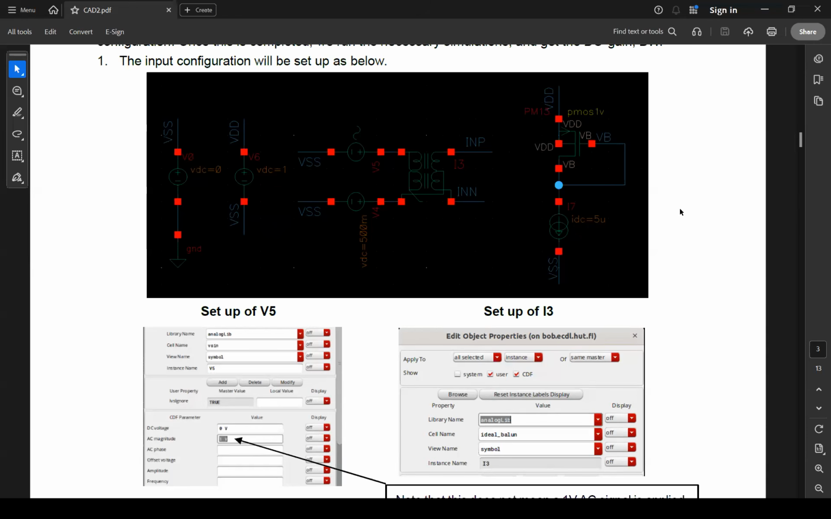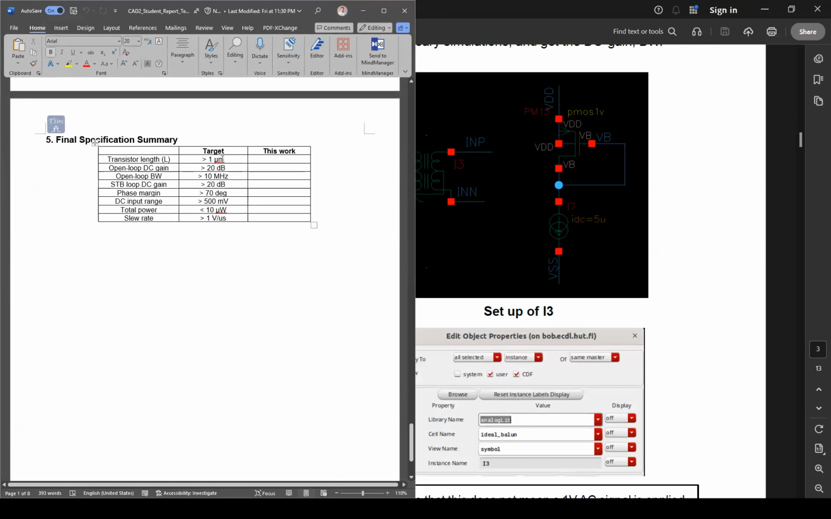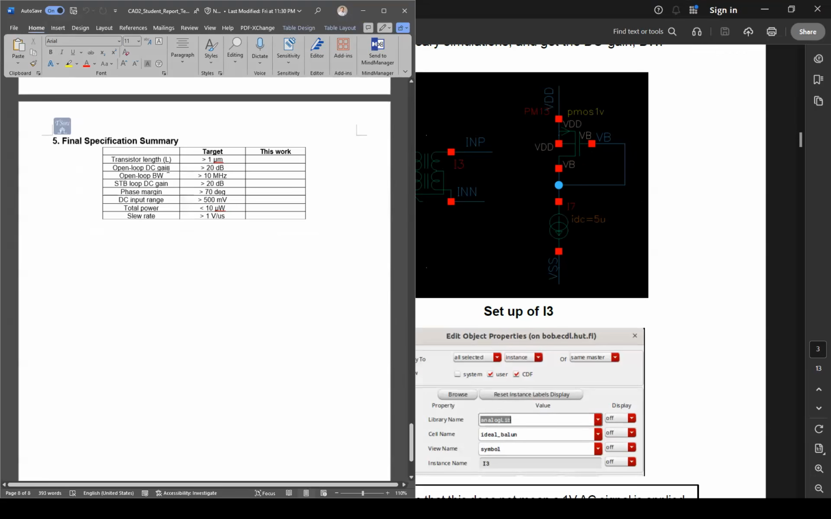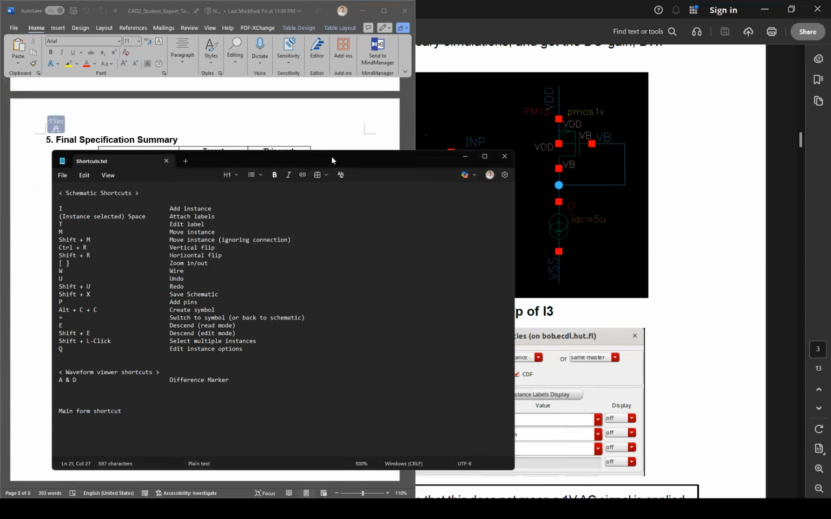The length should be less than 1 micron. More. Oh, more. Higher. Yes, 1 micron. Greater or equal. It was greater. Right. It should be equal or greater. Oh, sorry about it. You mean this one? There are some things that are not clear. Okay. I agree. Thank you for